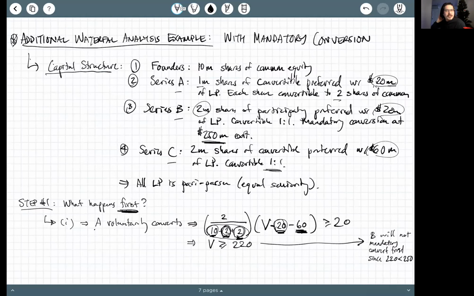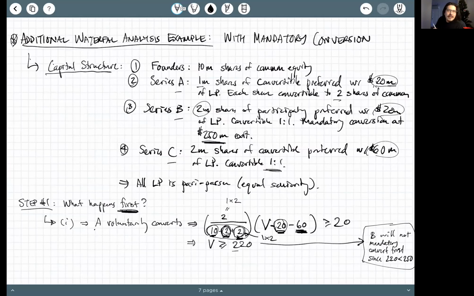You have a question, Bruce? Yeah, I just want to know the numerator is 2 because 1 times 2. Yeah, exactly. So 1 million times 2 for 1 ratio. Same thing. This one was 1 times 2. Exactly. Okay, thank you. Anyway, the other point that I was making here is because 220 is less than 250,